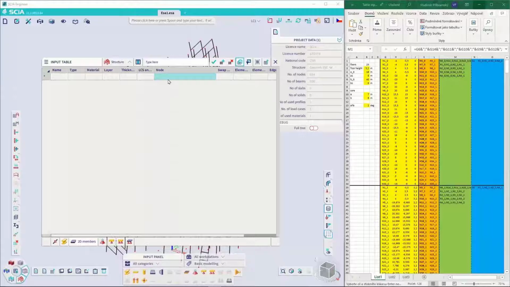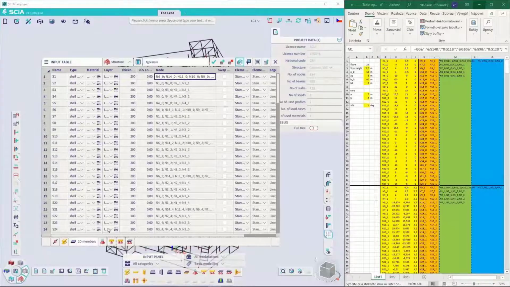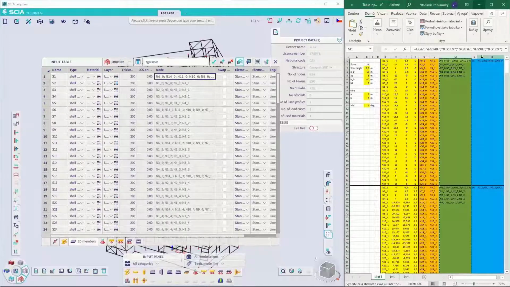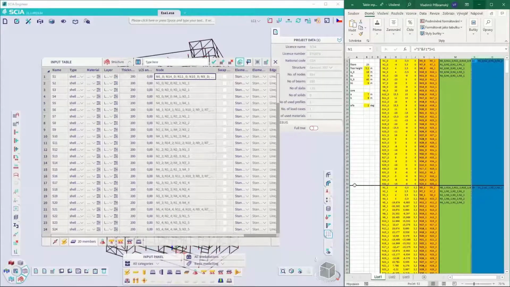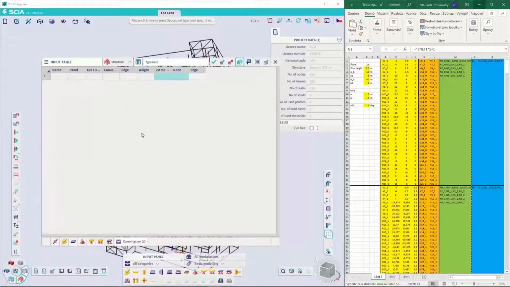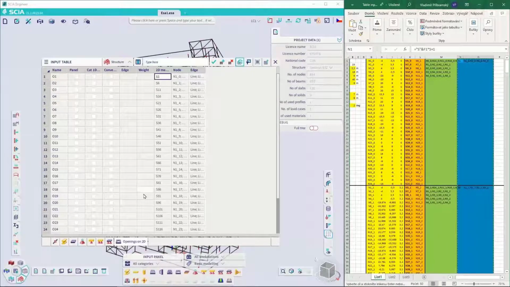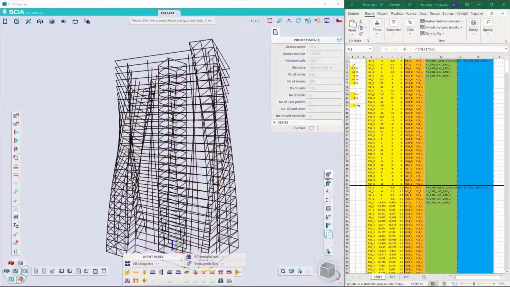Here I just input the nodes, beams, 2D members, and openings. But you can see it took me quite a few seconds to just copy this in. So structures of different types can be created or loaded this way. And now if I, for example, change an aspect of my model, I can just copy, for example, the nodes,